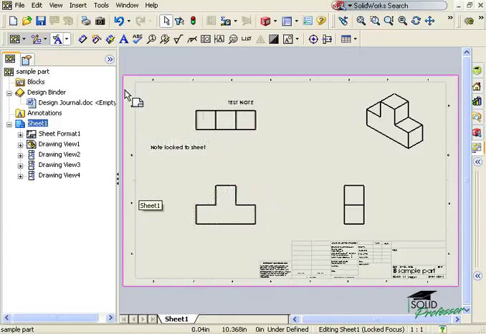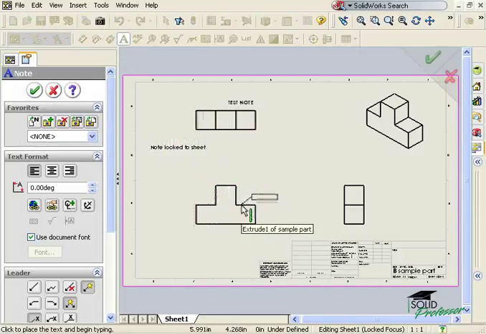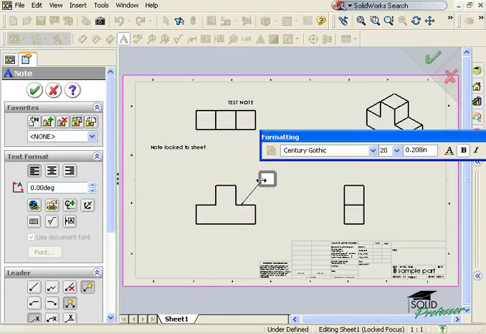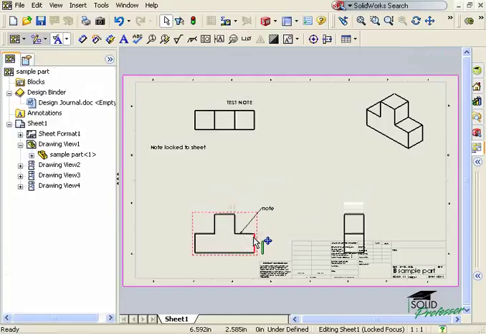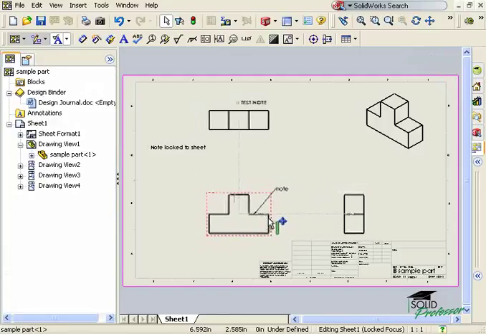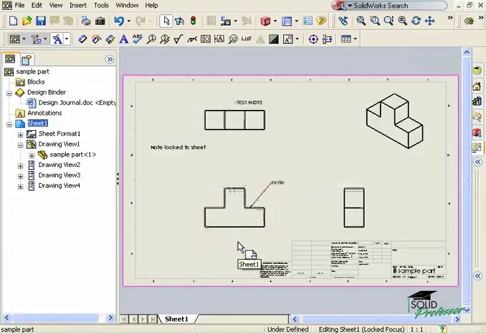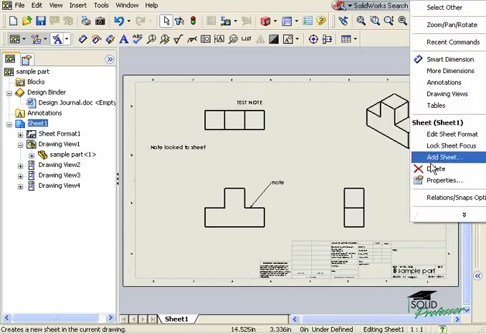The only exception to this is an annotation attached directly to a model face, edge, or vertex. In such cases, the note becomes associated with the view, regardless of the locked focus. Once you're done adding general notes, you can double-click the sheet again to release the focus. By the way, in addition to double-clicking, you can also right-click an empty region of the sheet and select Lock